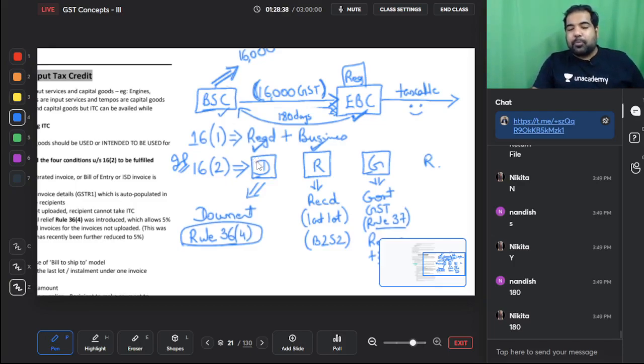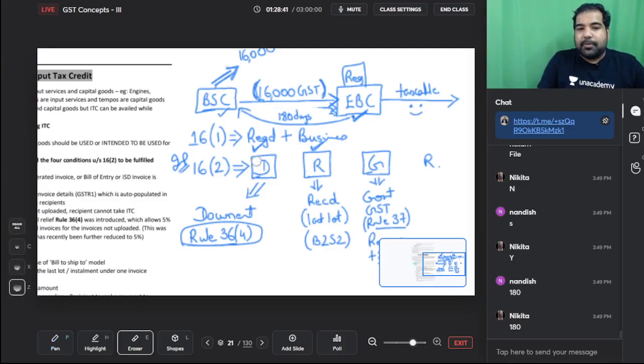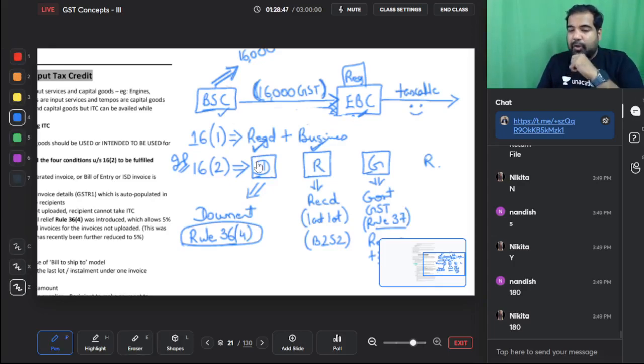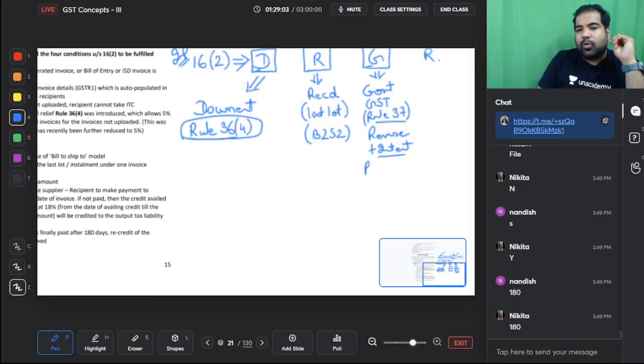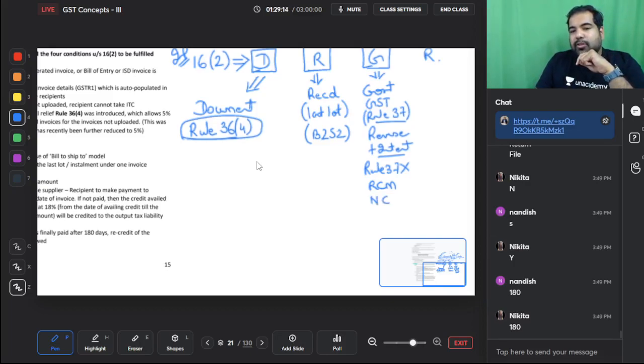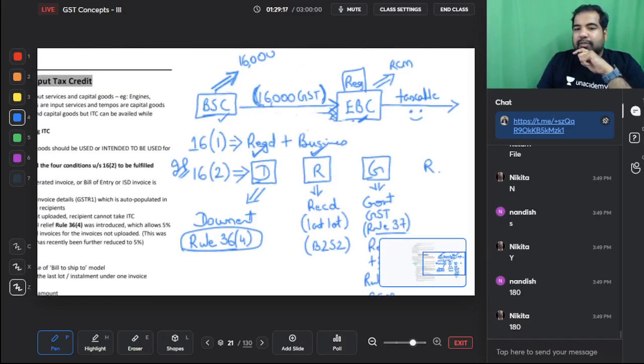But guys, if there is no payment, then there is no rule 37. If the supply is free of cost, then there is no rule 37. And if electric bike company is going to pay the government under reverse charge mechanism, then there is no rule 37, then the government doesn't care. So rule 37 does not apply in two cases. What are the two cases? One, if there is RCM, then the government doesn't care whether you are paying the supplier within 180 days or not. And second is when there is no consideration, then the government doesn't care. The rule 37 disappears in those two cases.